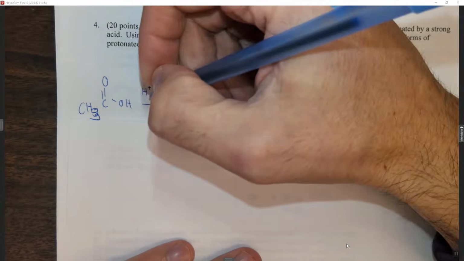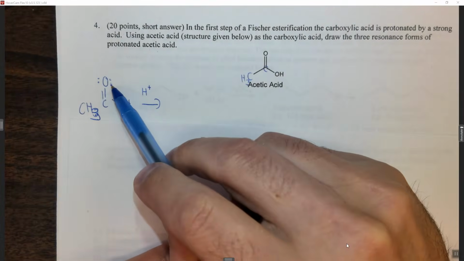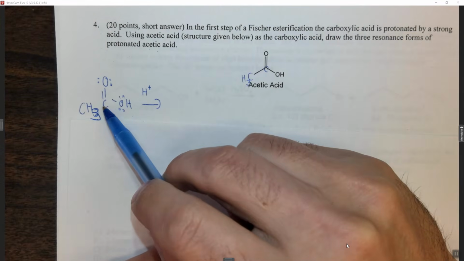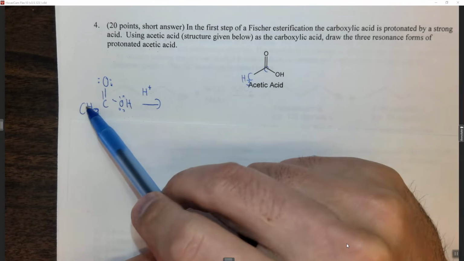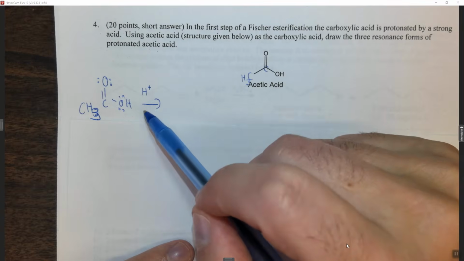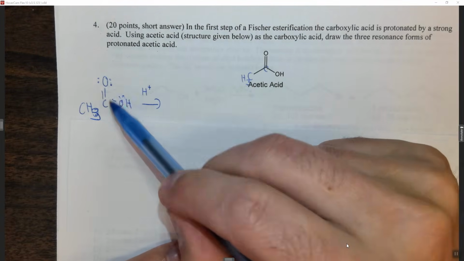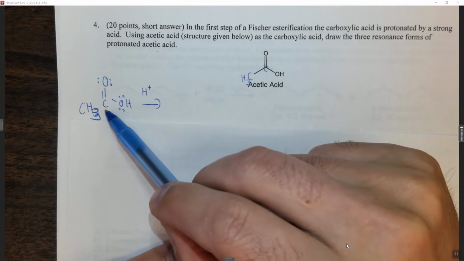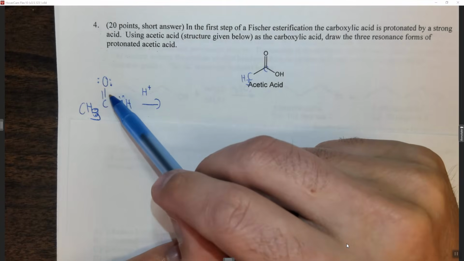So if we look here at the resonance forms, we have 2 lone pairs on this oxygen and actually 2 lone pairs on this oxygen. This carbon is partially positive. It has no interest in an H+. This carbon is effectively neutral and it has no interest in an H+. But we could write a resonance form here where these lone pairs go up on here and this oxygen is minus and this carbon is plus. Because of that, we can write a resonance form with a minus charge on this oxygen